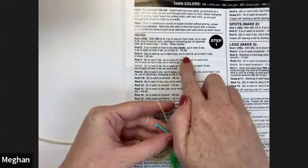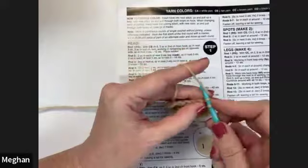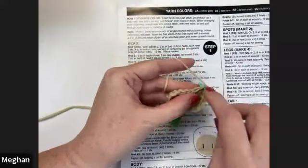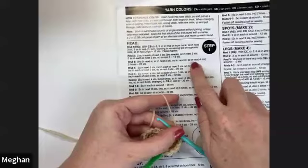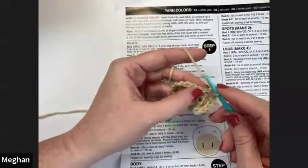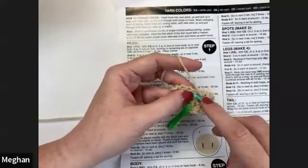It says to increase in the next stitch. So I'm putting 2 single crochets into this stitch right here. Here's 2 single crochets into it. And then single crochet in the next 4 stitches this time. So here's 1, 2,